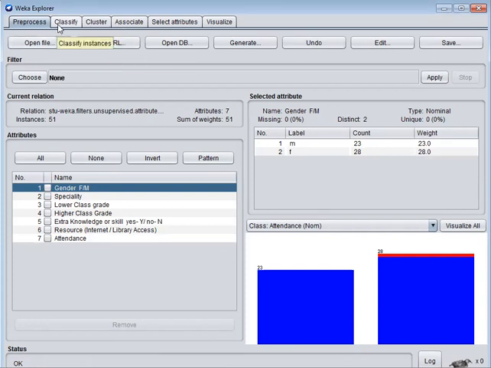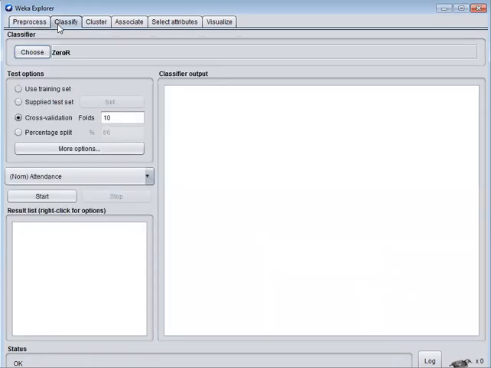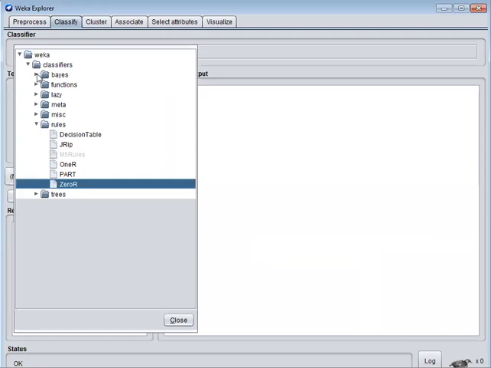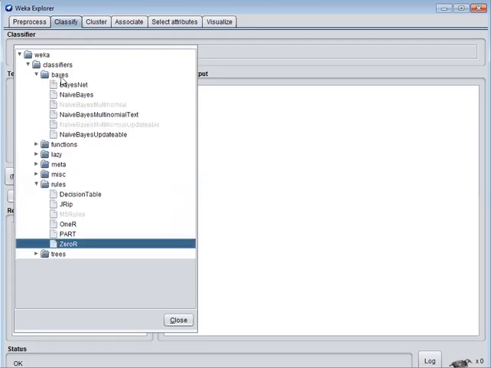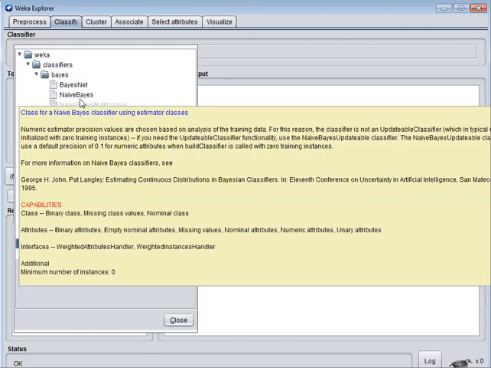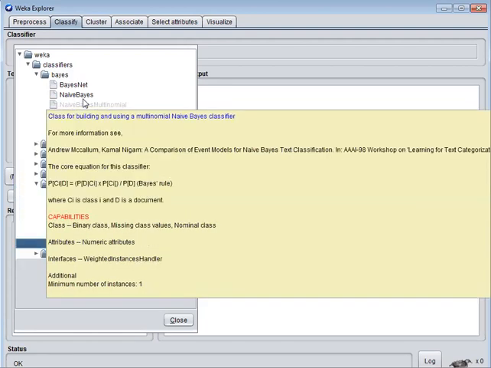So we have to go to Classify, then choose the algorithm under the classifier. Under this classifier, there are several types of classification techniques. Under the Bayes, the naive Bayes classification can be found.